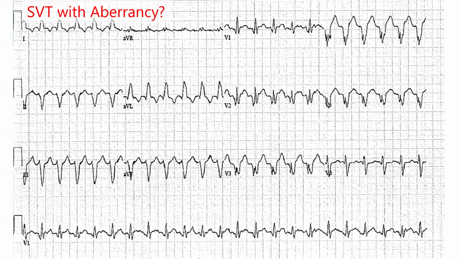So what argument can you make for SVT with aberrancy? Well, we tried to assess whether or not this really represents an SVT. It's tough to know if it is or it isn't. We tried to look at those notches and figure out if they represent a real consistent supraventricular arrhythmia. We've got no evidence of that. And so the next question is, could this be another type of supraventricular arrhythmia, such as an atrial tachycardia with a very diminutive P wave, or could it be a junctional tachycardia, or even an atrial flutter in a diseased atrium, without any obvious flutter waves?